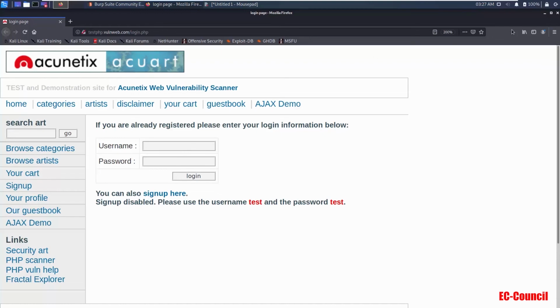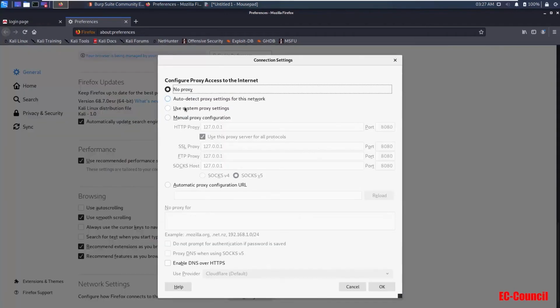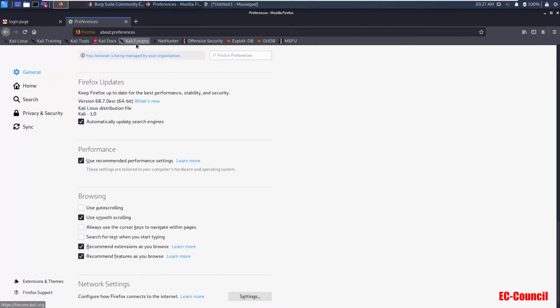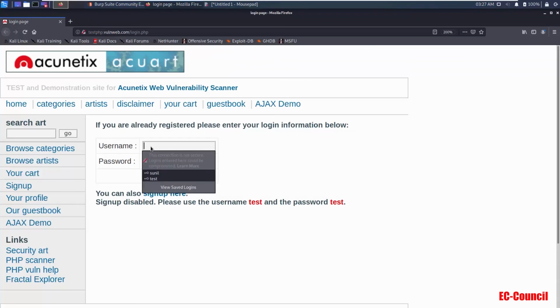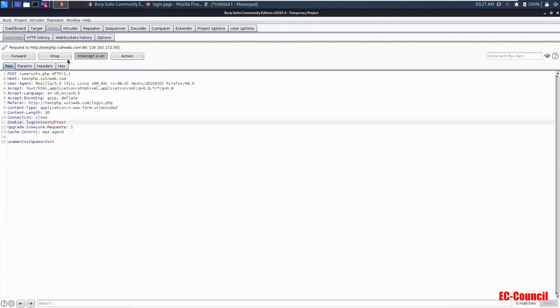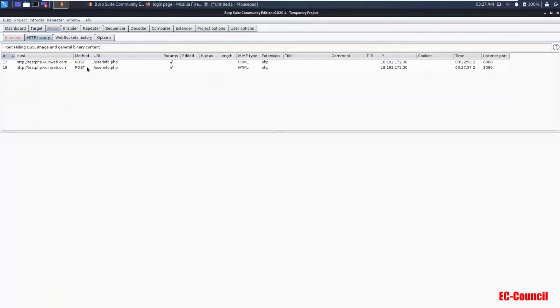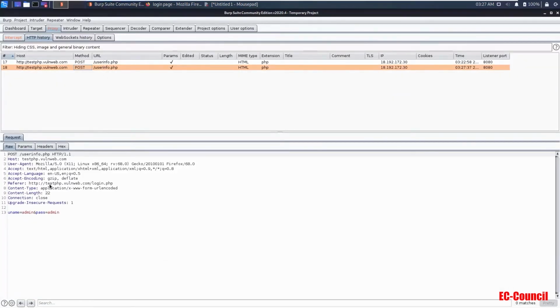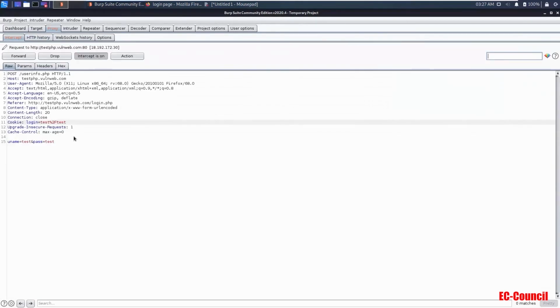So let me again change the data settings, manual proxy configuration, and let me type here admin, click login, and let me open burp-suit here. Here we go. So this is the request we have. First of all, let me drop this request, and this is the current request,